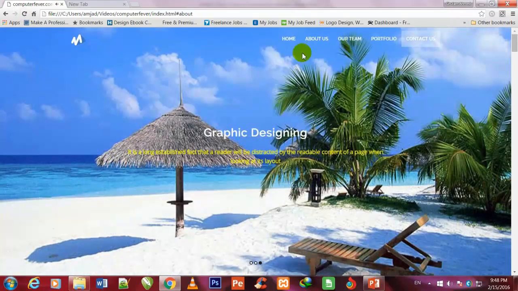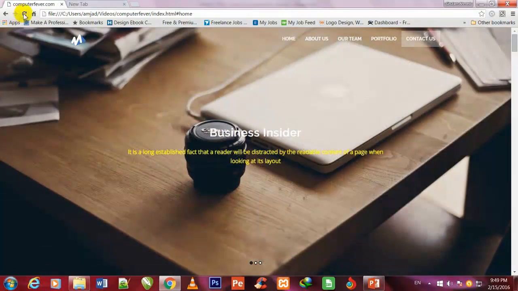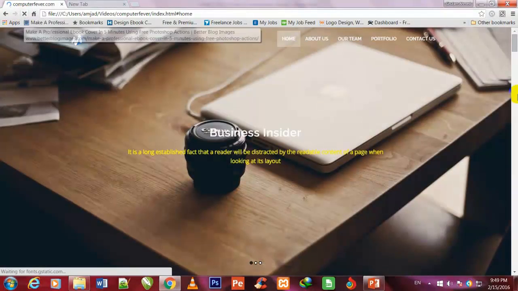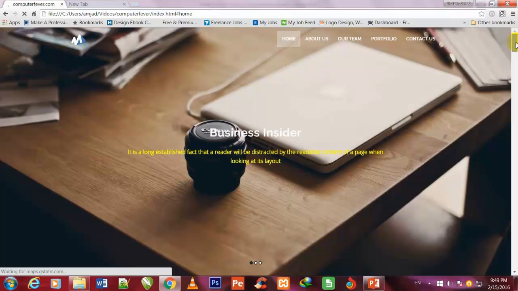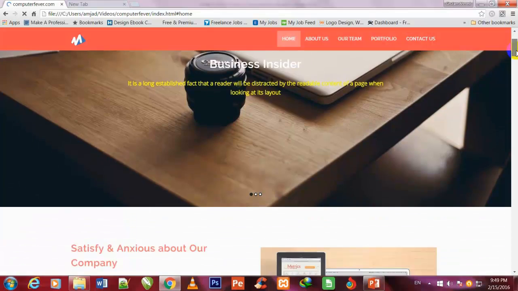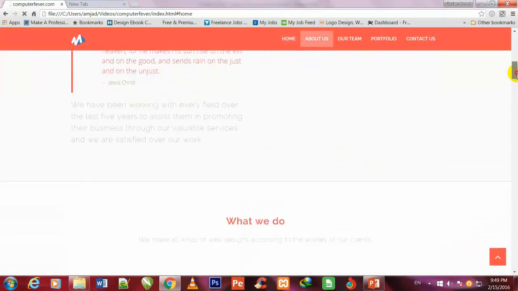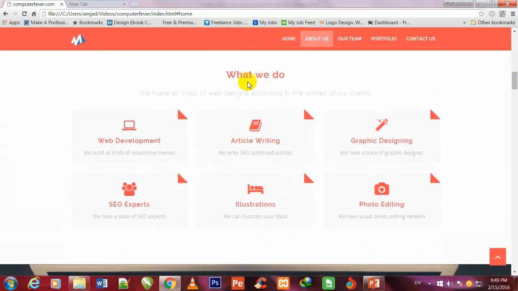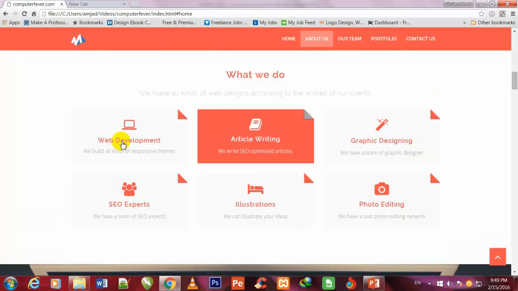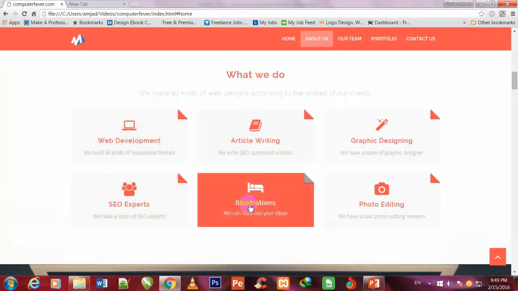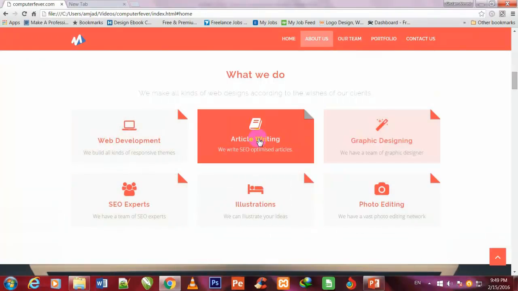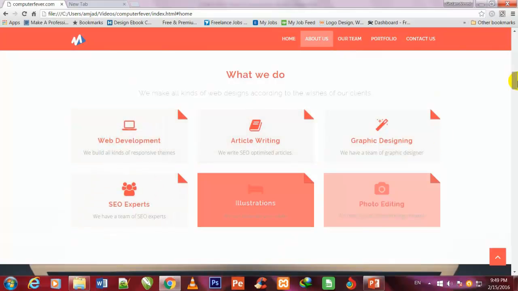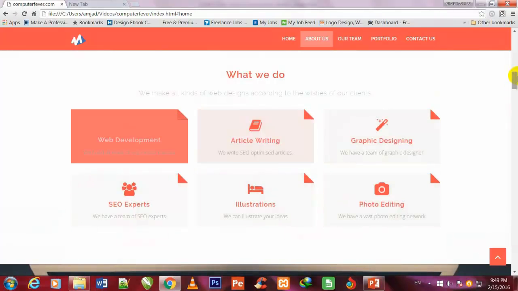So friend, if I refresh this page and I show you the other effects of this layout, so I come down. So this is the what we do section, and I have also placed hover effects over all these sections, and I have also run animation and transition.